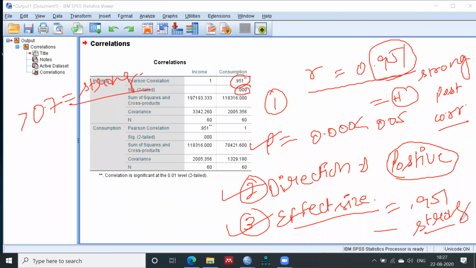So my interpretation is that there is a significant, strong, positive correlation between income and consumption. There is a significant, strong and positive correlation between income and consumption.